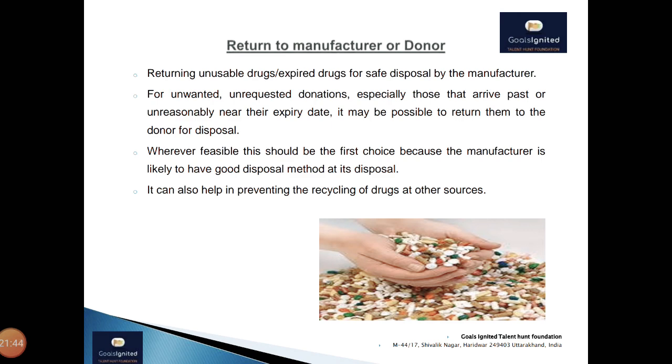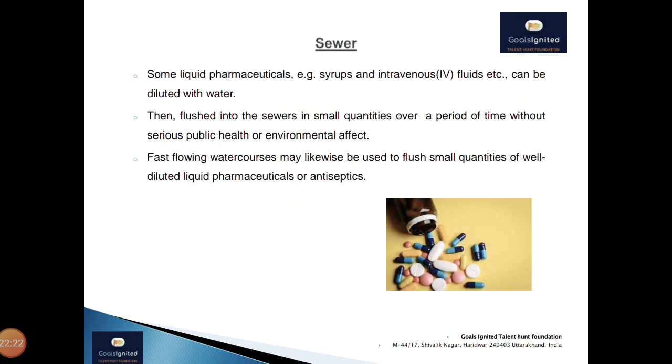These are taken from the CDSCO websites. You may go through issues relating to the inappropriate disposal of the expired medicine. As I told earlier, these are the few things which are required to be taken care of while disposing of any medicine or unused pharmaceutical. Then the recommended disposal method of some of the formulations: semi-solid or solid formulation and powder, anti-infective drugs or anti-neoplastic drugs are required to be encapsulated to delay release to the environment or to avoid high concentration. This is required to be taken care of while disposing or destroying the medicine.